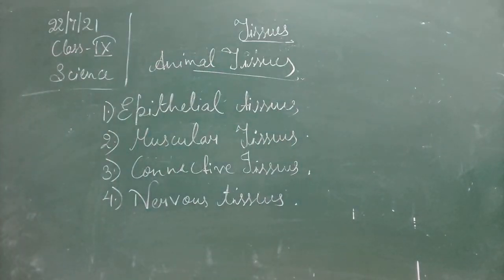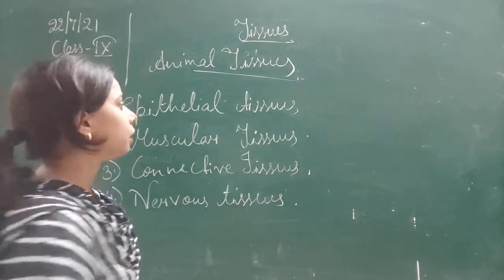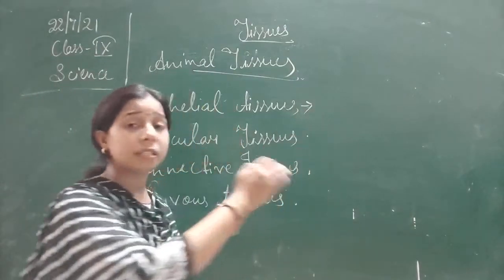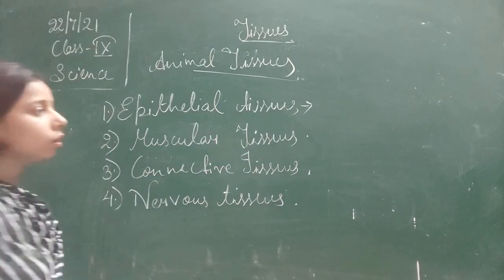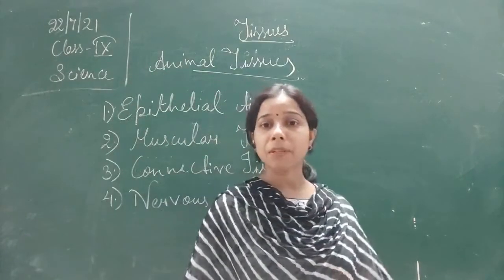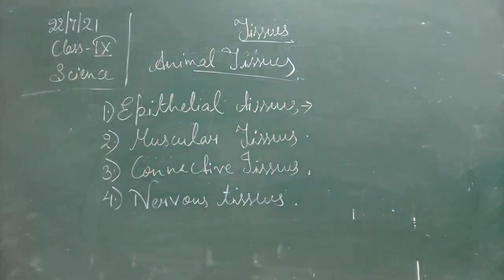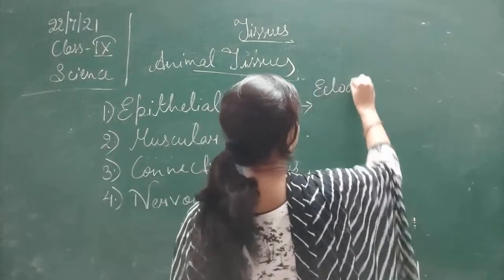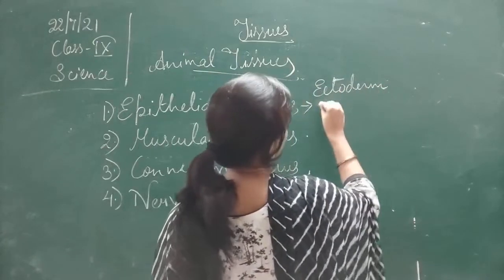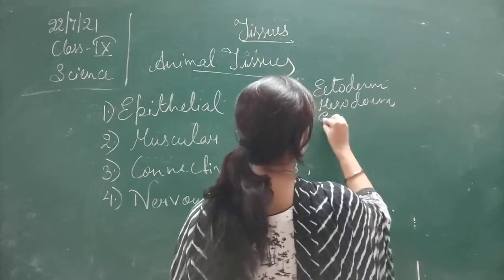Now let us see what is the origin of the epithelial tissue. So the origin is, obviously it is present at the upper surface, so it will be ectoderm. Okay, although the origin actually happens here from ecto, endo and meso also. So we can write here that origin is ectoderm, mesoderm and endoderm.